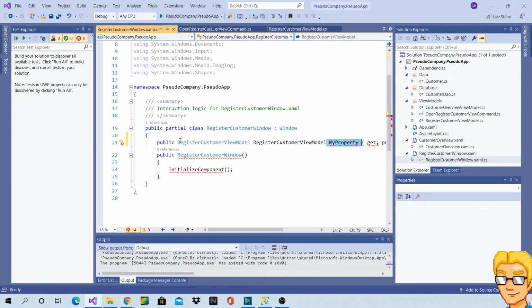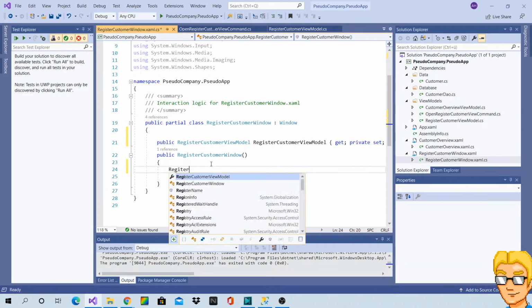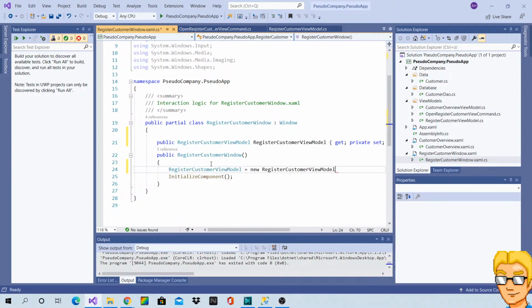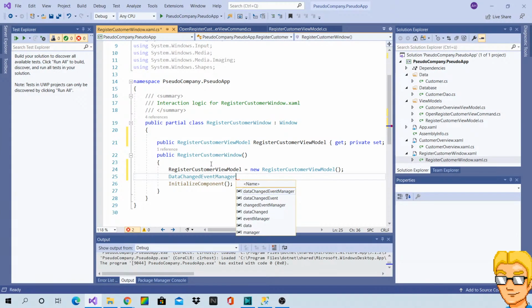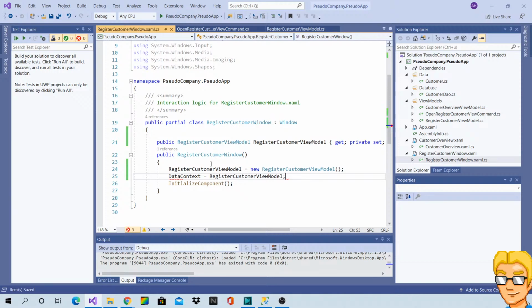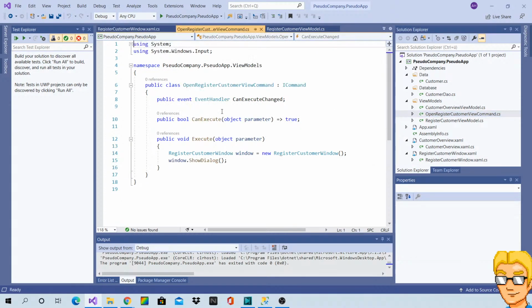How did that happen? Ah, context. There. And now I guess I can just data bind this command here to the button.